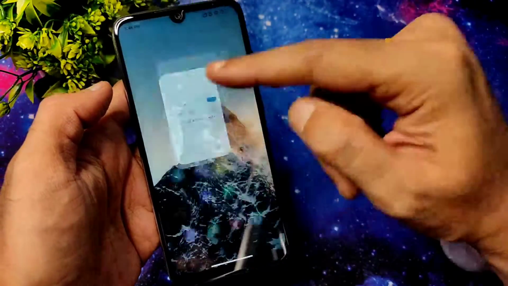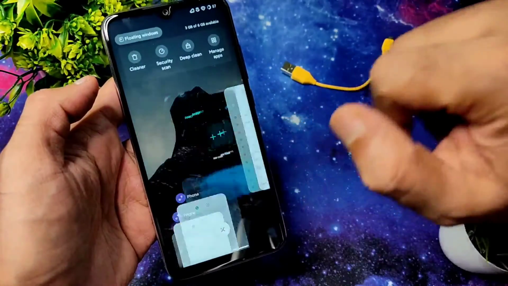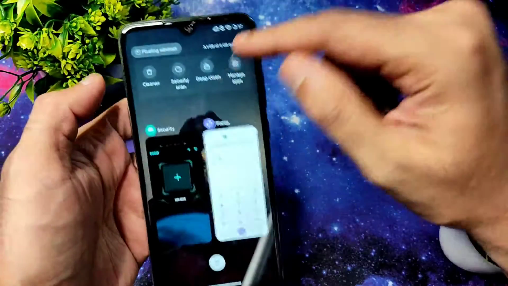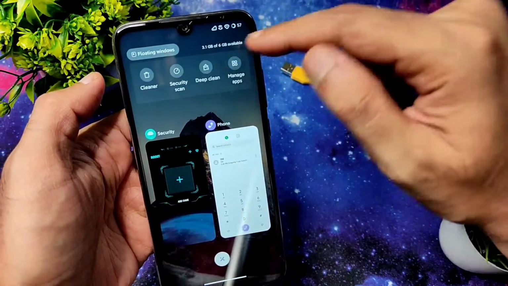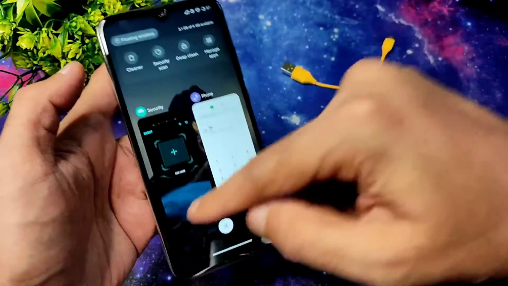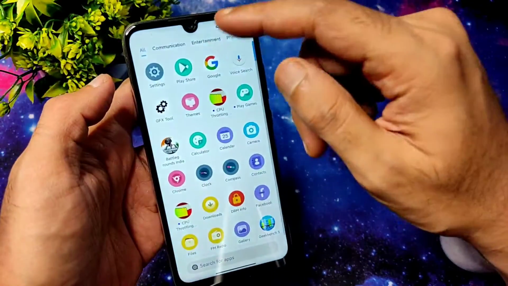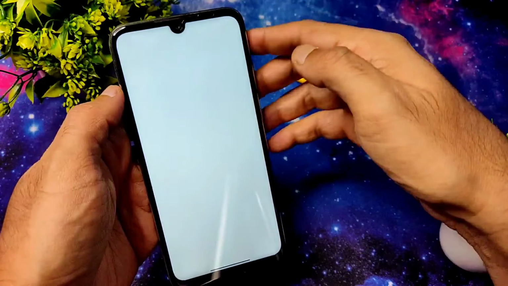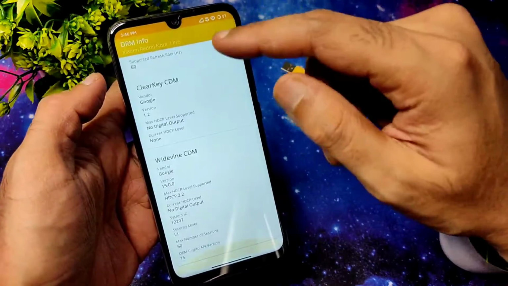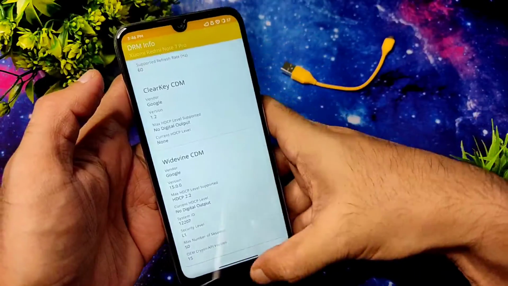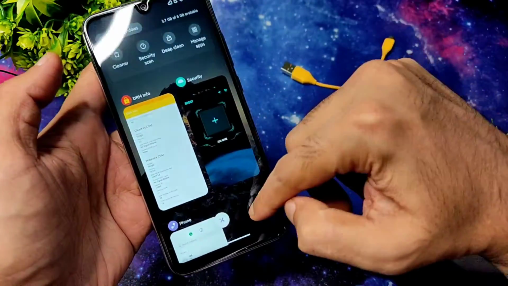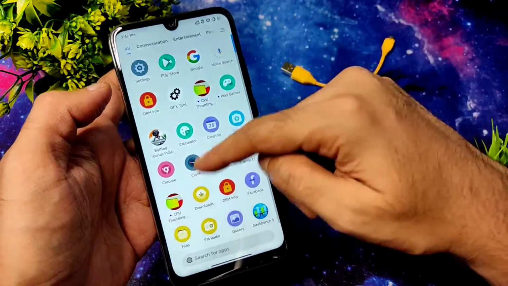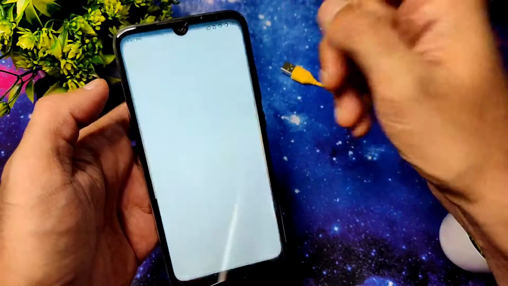This is how the settings panel, and this is how the home screen looks. Let me open the memory status, here you get how much RAM is available, and you can even toggle these things from here. And let me show you the DRM info. You get Widevine L1 certification directly from this ROM, so no problem watching HD content in OTT applications.